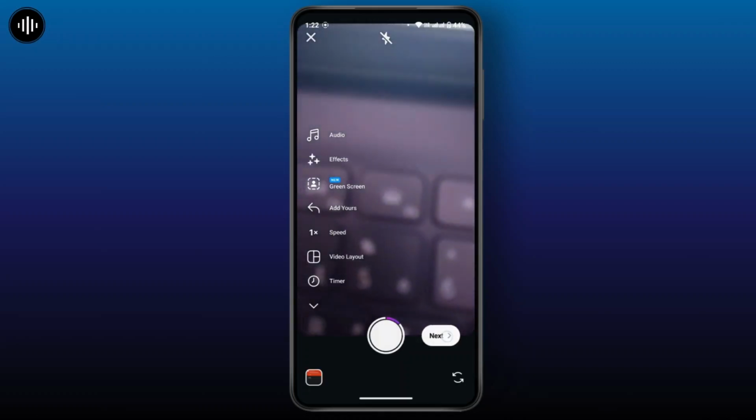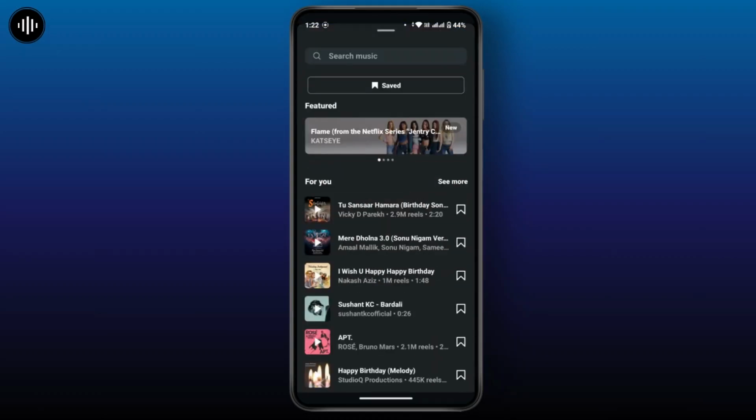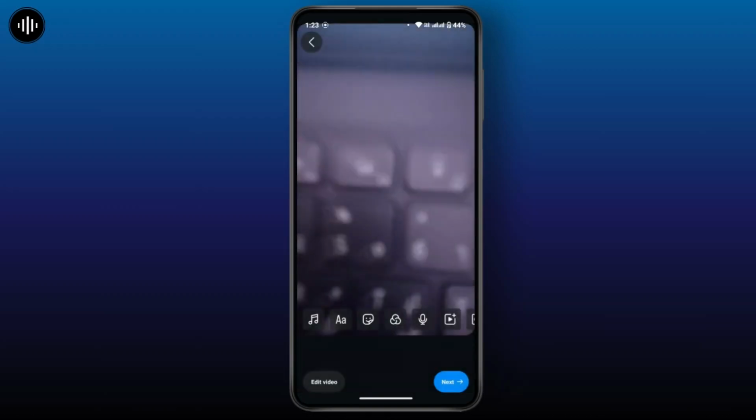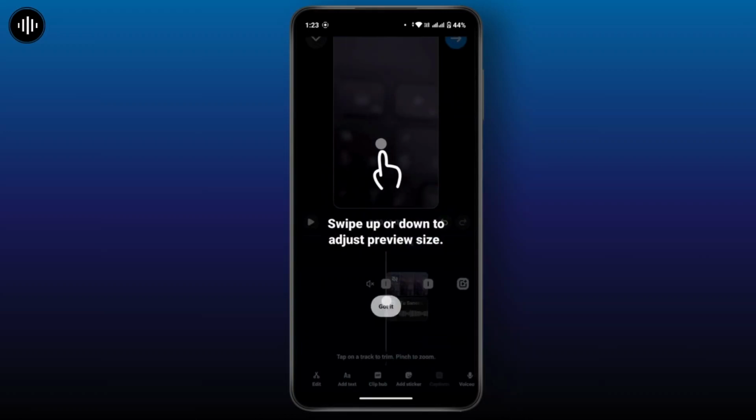Now once you have your reel ready, in order to add music, tap on the music icon from this edit piece option. Here you can select a music that you want to add. Tap on done. If you tap on edit video option